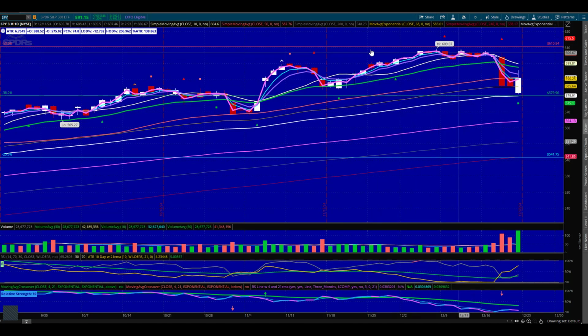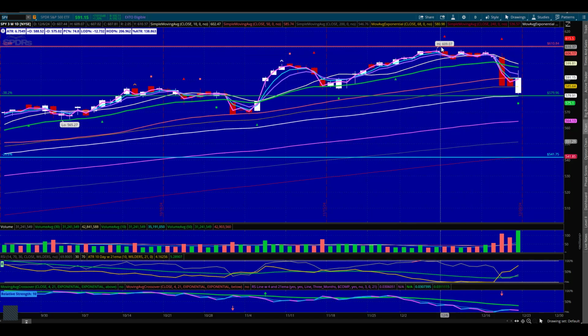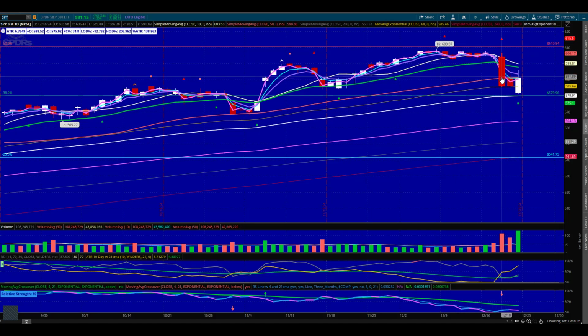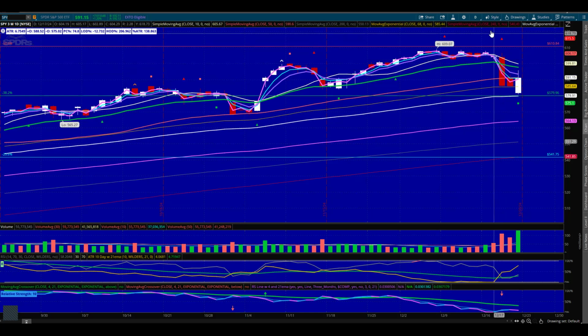Now, this was a little bit different structure because it was flat for so long, and you had some little warnings. You had this little micro 3-bar break here, and then, of course, Jerome came to town and repriced everything. So you do the same thing here with the SPY on that 3-bar break, and this one was a little different